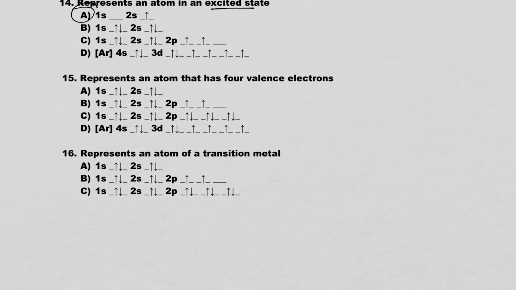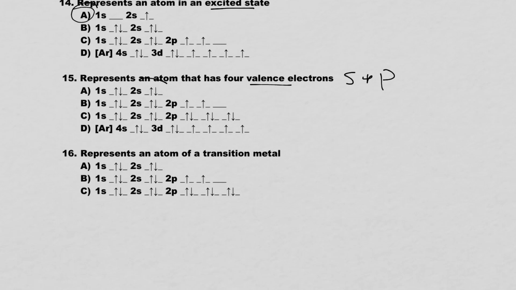All right, 15. The question, again, we've got orbital diagrams, represents an atom that has 4 valence electrons. The key here is, remember, valence are in s and p orbitals. So if you just quickly try to answer this, you might answer it incorrectly, or maybe you think there isn't an answer. So if we look through here,